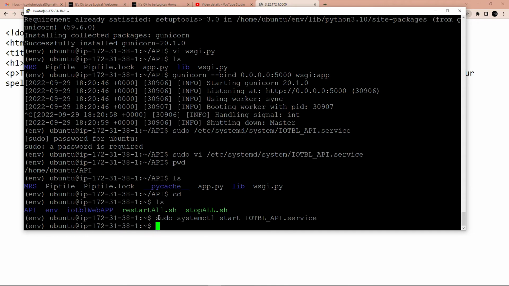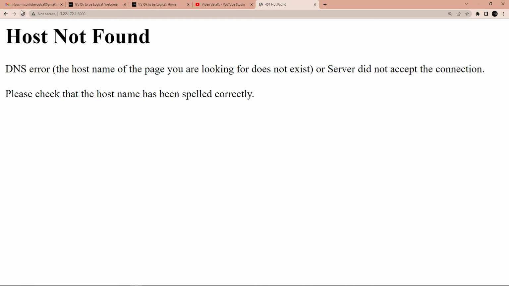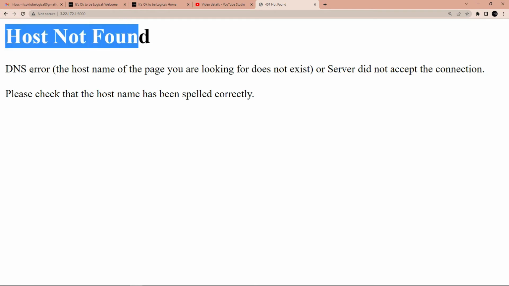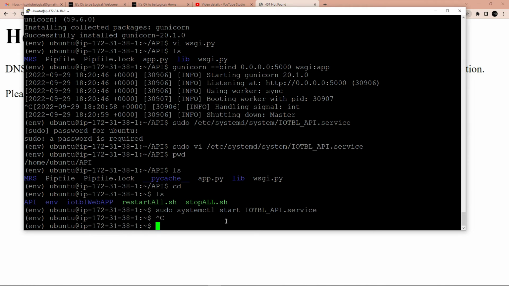And by just running this one command, we are able to run our apps like this. For the time being, it's saying host not found, DNS error, the host name does not exist, server does not respond. But we are able to reach this file. So this is beautiful. Control C, and now we're going to stop this service for a moment,